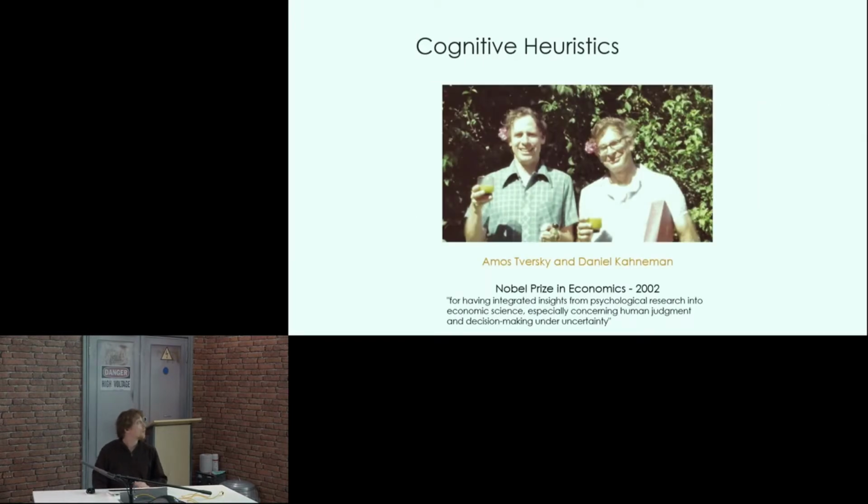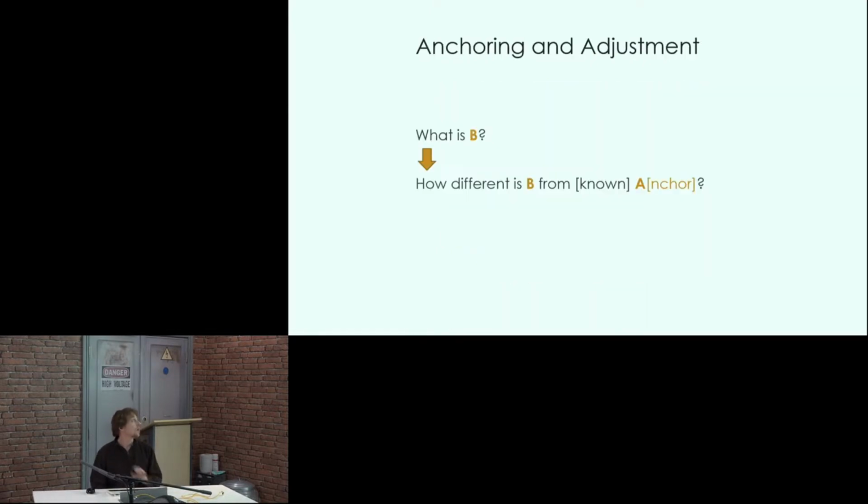So cognitive heuristics is a theory in psychology that views human thinking as based on different subconscious heuristics, which people constantly use to make judgments and decisions. It was pioneered by Daniel Kahneman and Amos Tversky. So the first example with